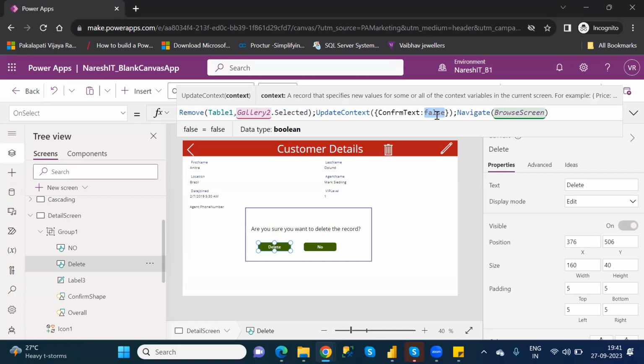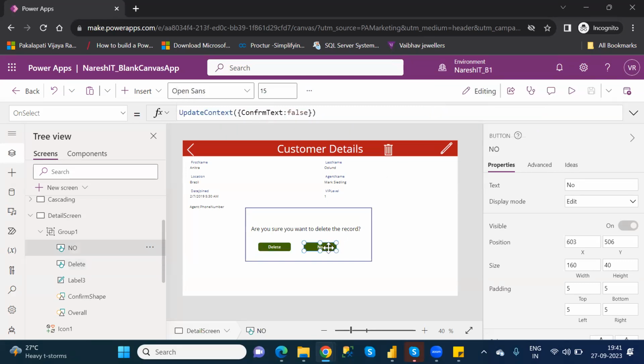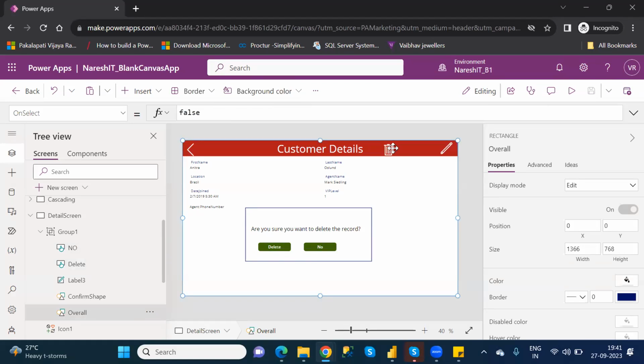Understand clearly or not? Again. So when you click on no, for no also, that means the group needs to be disabled. Okay. So this is how you can write that particular update context in each and every icon or button or anything. See, here also I'm enabling. In this icon also I'm enabling that particular one as true here. True means the pop-up confirmation message needs to be enabled.